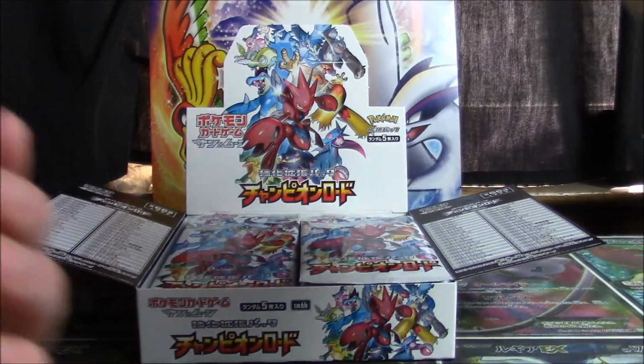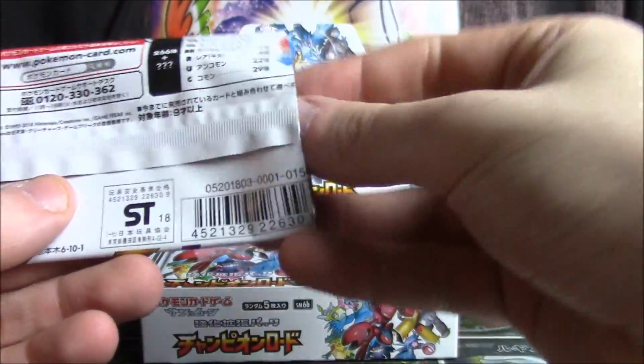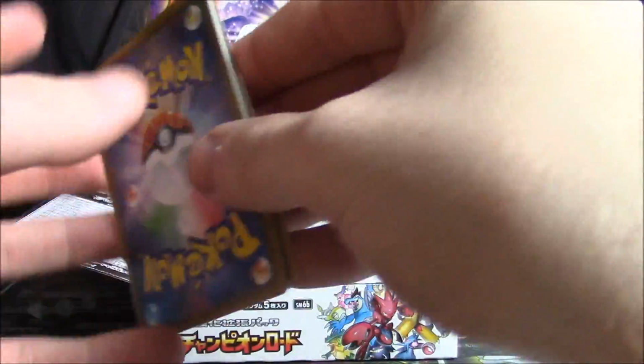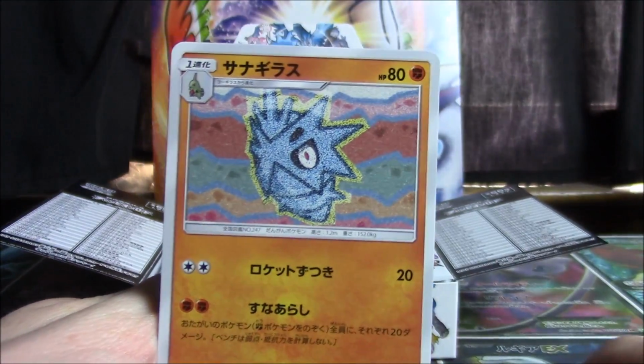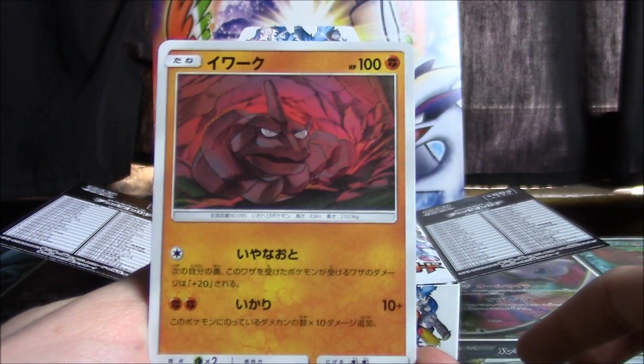Wow, what a first pack. Glad I picked that box. I've not been getting sealed cases for the most part from AmiAmi, unless I'm purchasing more than 1 case at a time. So here we have Pupitar, a Chinchou, Onix,